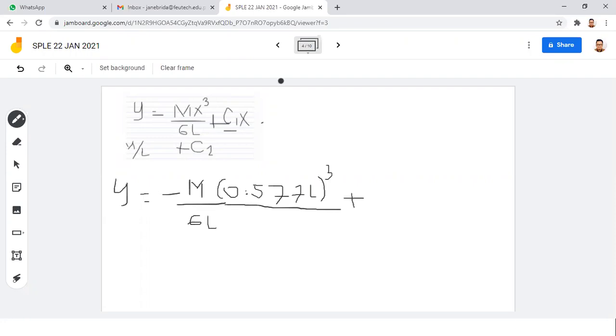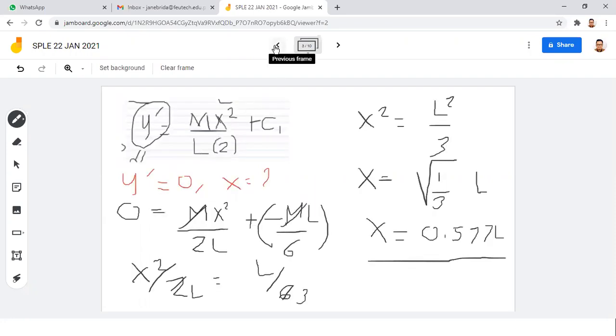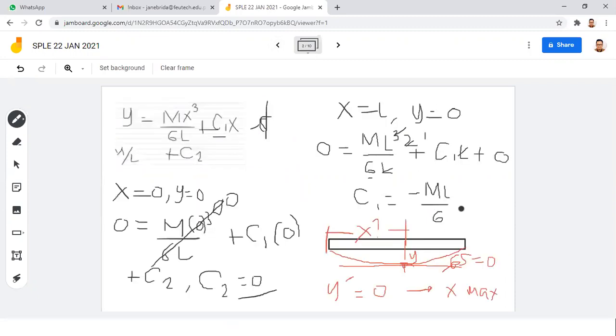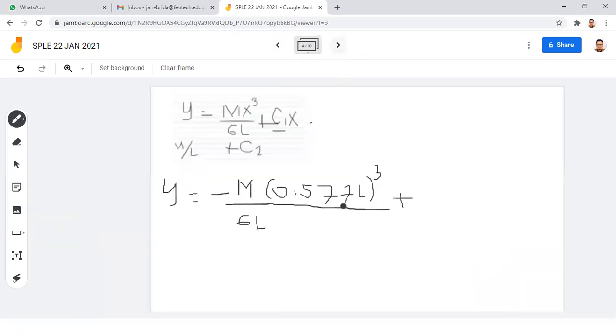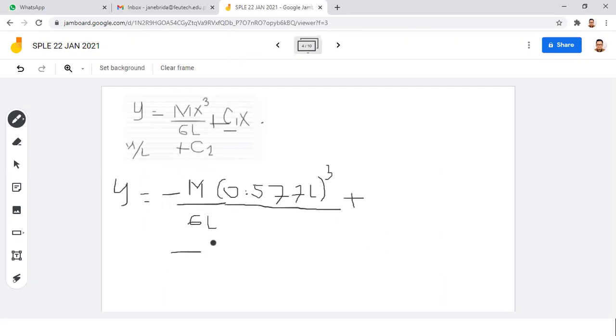What is C1? We have here C1 is negative ML over 6, or minus ML over 6, times x. X is 0.577